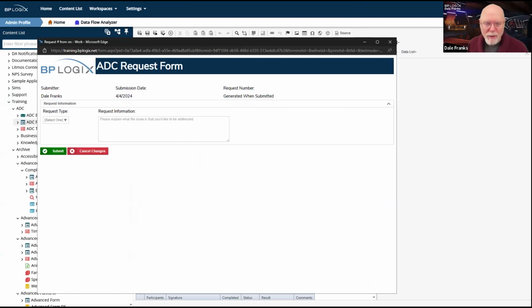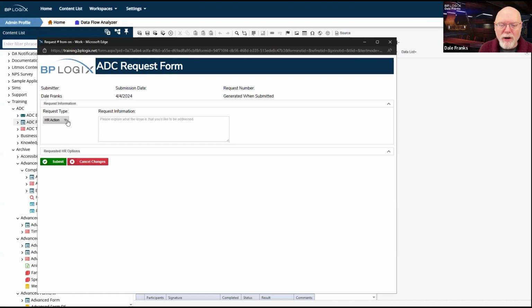So even though it took me a bit to do it, I at least got my initial view right. So we go to HR action, requested HR options, complaint details, time off gives me PTO dates, suggestion gives me suggestion details. And should I go back and hit select one here, it should show me nothing. So great. Took me a while, but I got my visibility stuff working properly so that based on the request